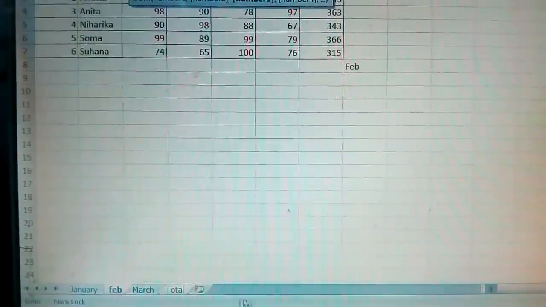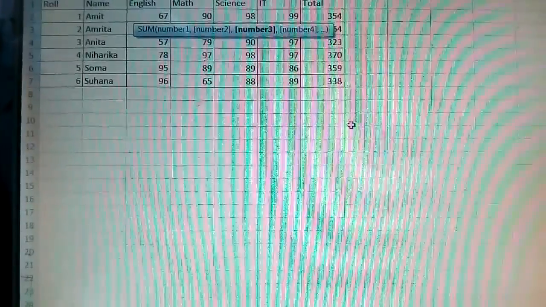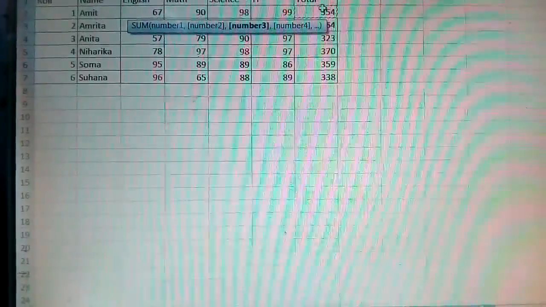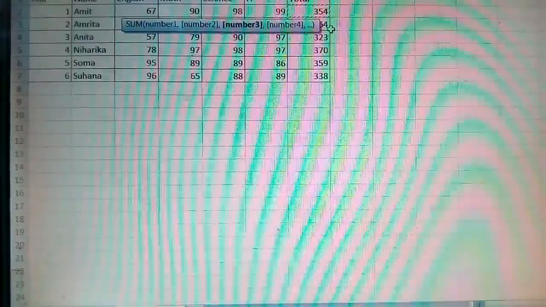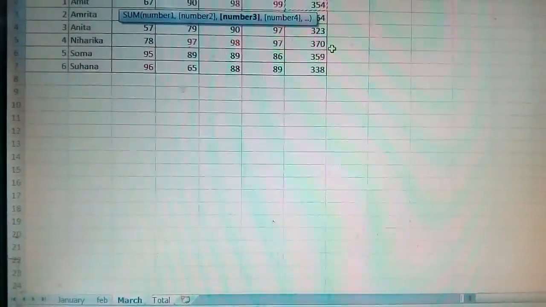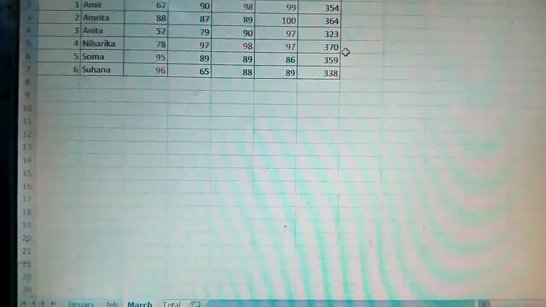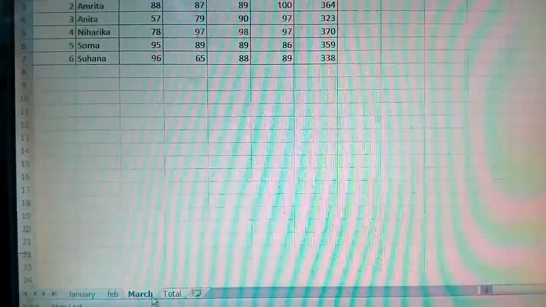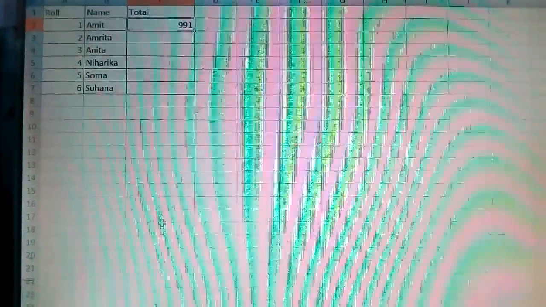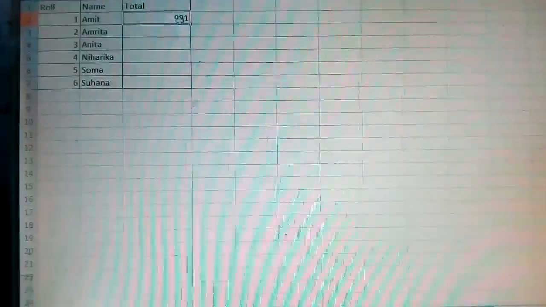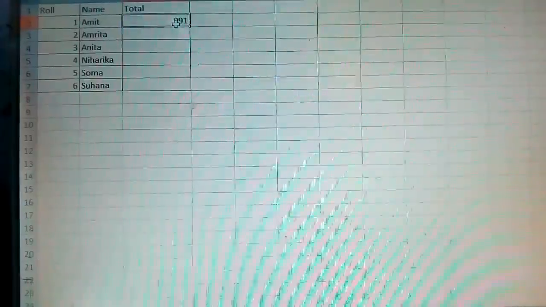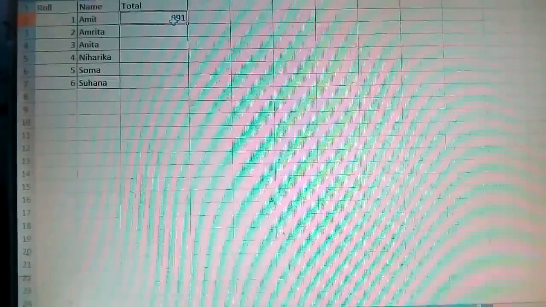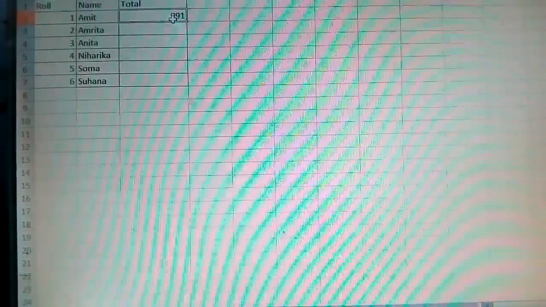Go to the month of March, again select first this total column, and then give the bracket. Now you go to the total, you can see the total marks. Yes, this student Amit has got total marks 991 in January, February, March, all subjects.